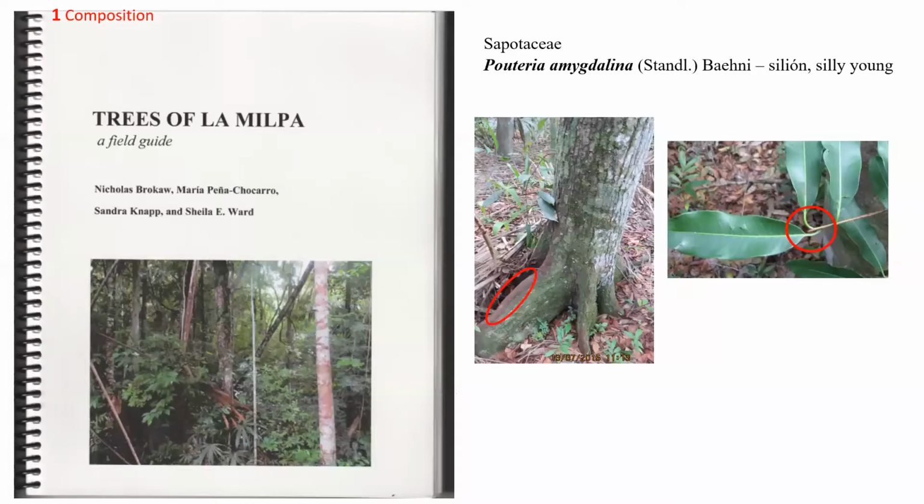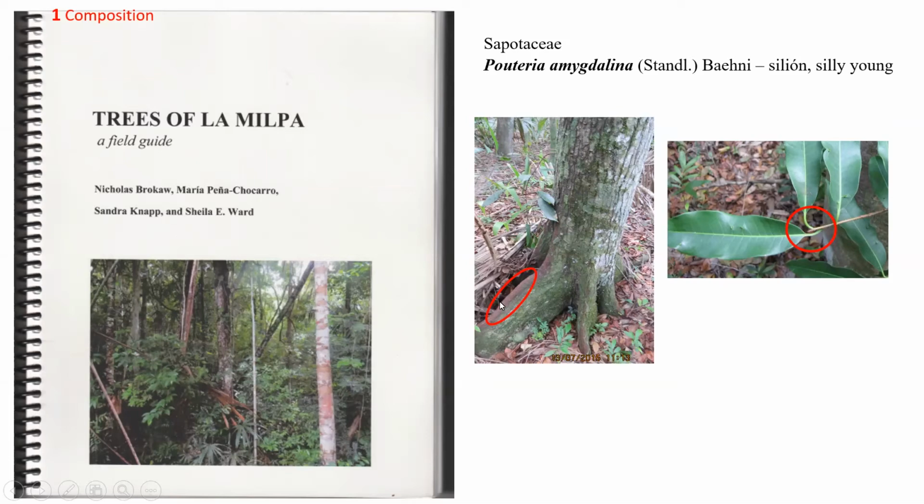And we finally got to the point where we knew enough about the trees that we could construct our own field guide, which is shown here, that treats the more common species on the basis of identification of sterile characteristics that you can really see right in the field. And here are some examples. This is not a page from the book, but shows some examples of this species and some of its distinctive features.